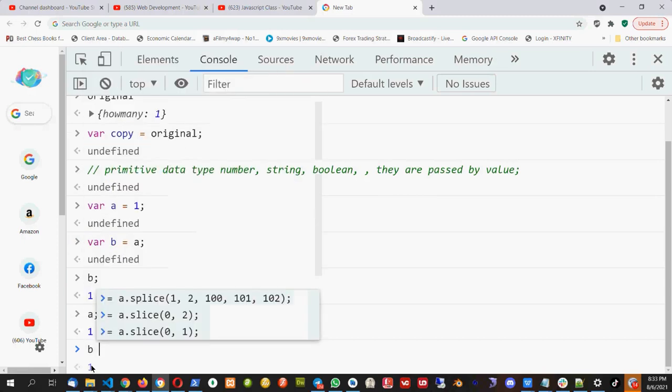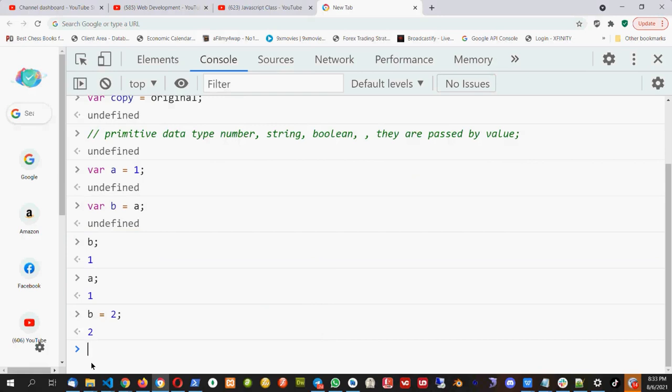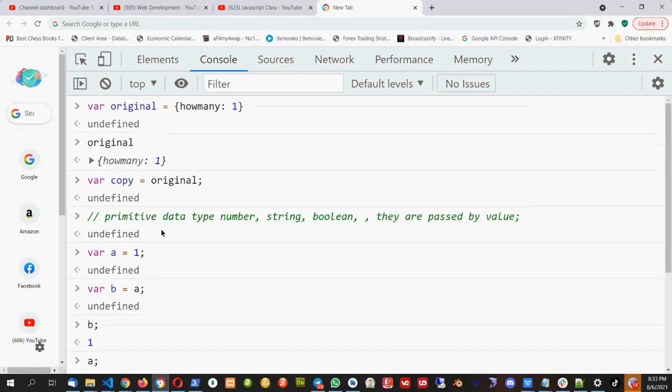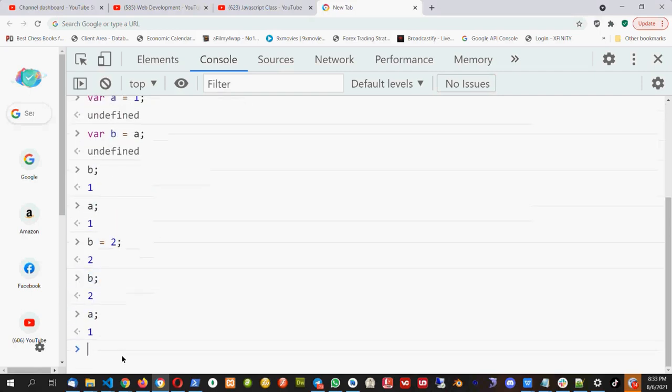Now if I change b to some different value, b equal to 2, now b has become 2, a is still 1. That means both are different. Both depend on their own value. So if I change b, a will not change, or if I change a, b will not change. Okay, but objects